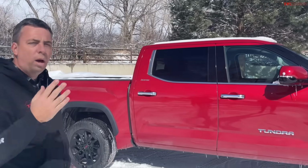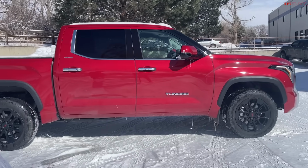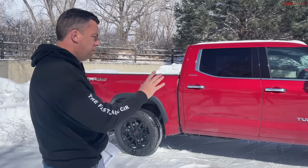The towing efficiency is actually quite good. We showed you a video recently with about 12 mpg with a 7,000 pound trailer. Actually, we were towing about 8,000 pounds during that test. Ride is beautiful,